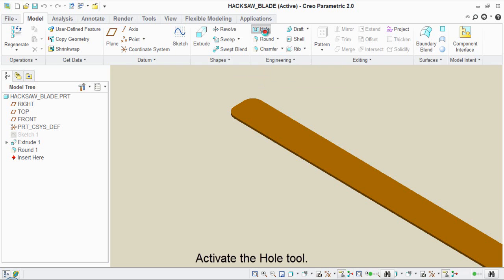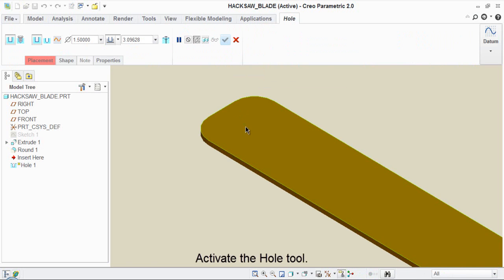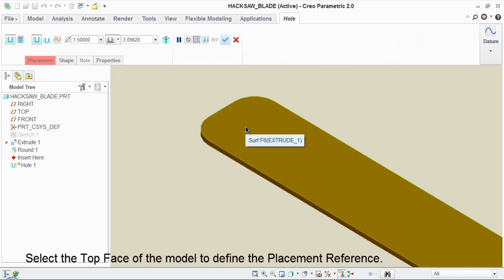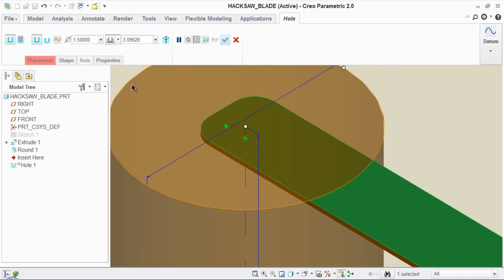Activate the hole tool. Select the top face of the model to define the placement reference. Enter the diameter value for the drilled hole.